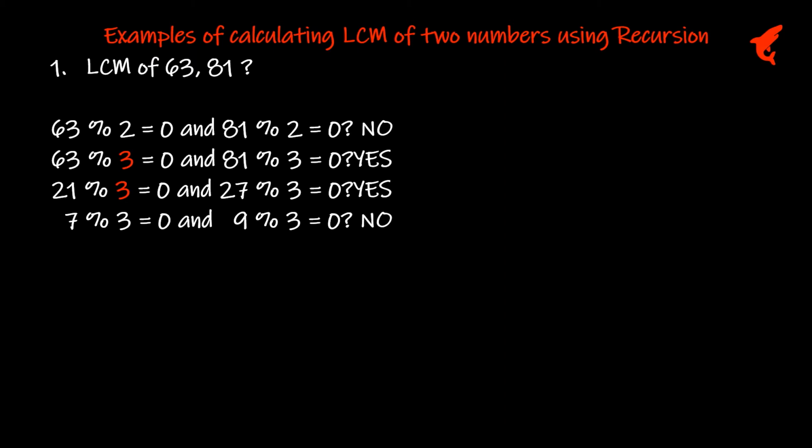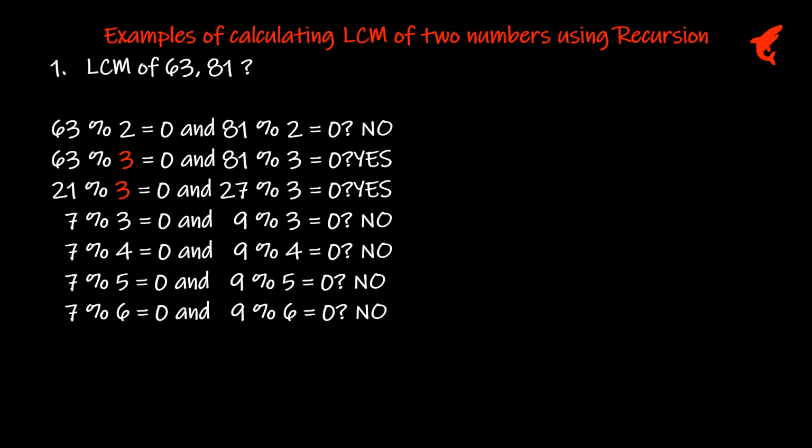3 of course cannot divide both these numbers simultaneously. It can divide 9 but not 7, okay? And therefore we try with the next values 4 and 5 and 6, okay, and again 7, right? 4, 5, 6, 7 cannot divide these two numbers completely simultaneously, and therefore what we do is that we stop here. We have reached the value of the number and we cannot go any further, right? We know that any higher number cannot divide value 7 completely, okay?